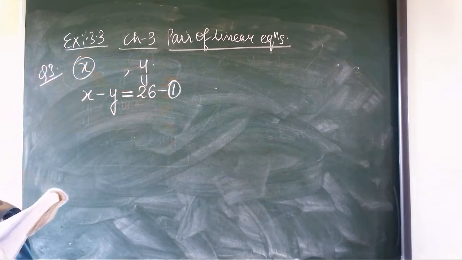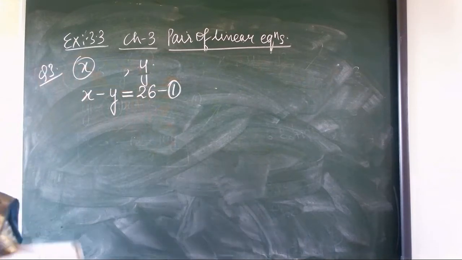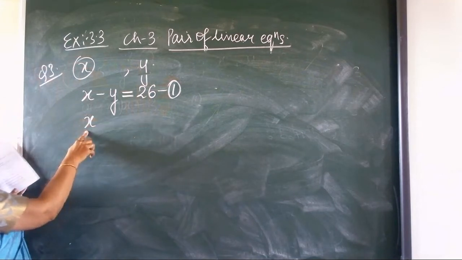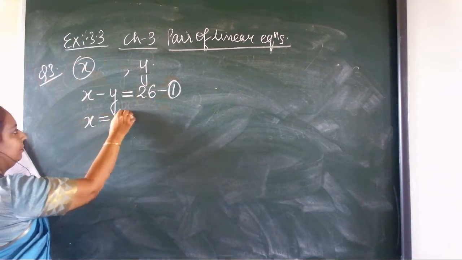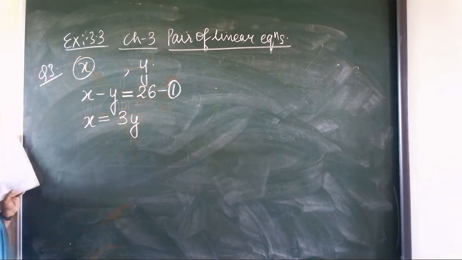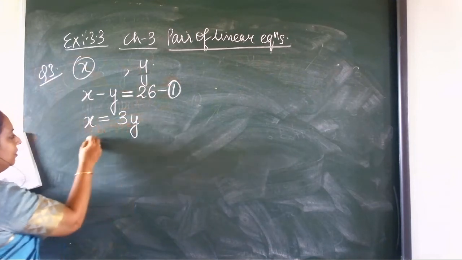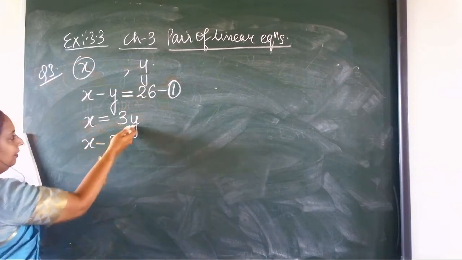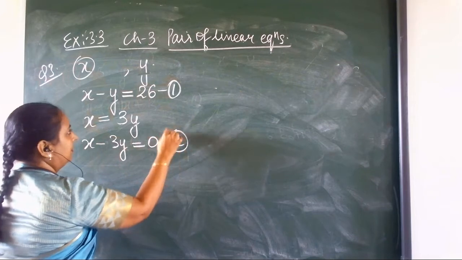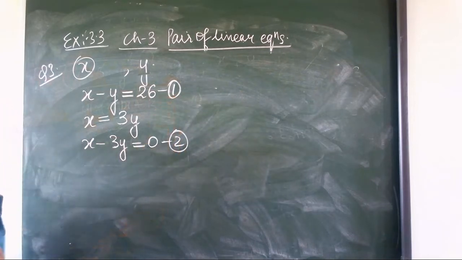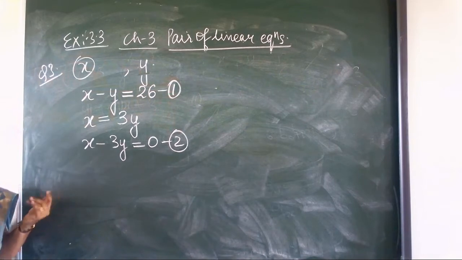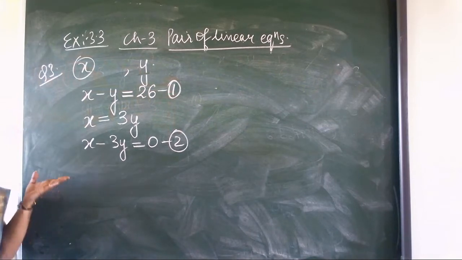and one number is 3 times the other. So one number means x, the first number is equal to 3 times the other number, 3 into y. Now this is the second equation, but we have to solve it, so bring y on the left hand side. This is the second equation. Now the first and second equations can be solved for the value of x and y by the substitution method. You know, you can do yourself.